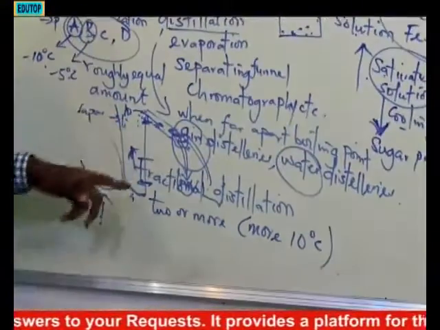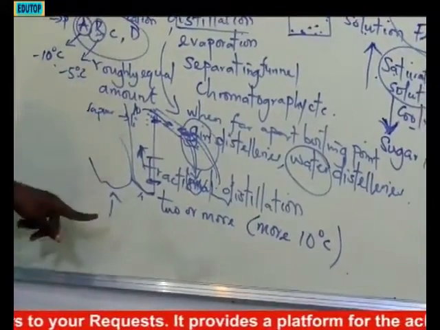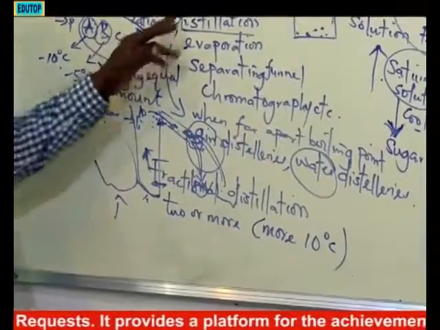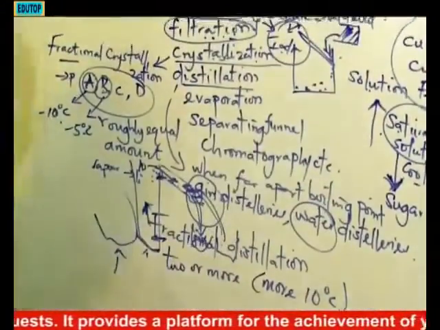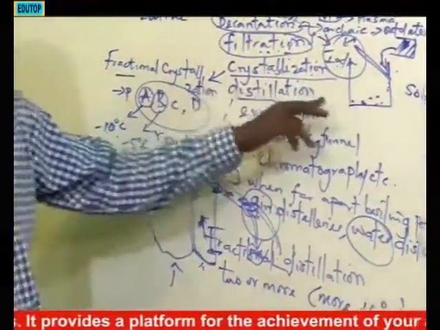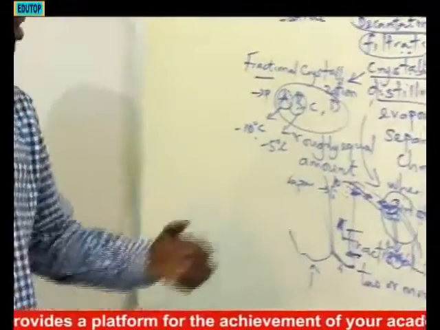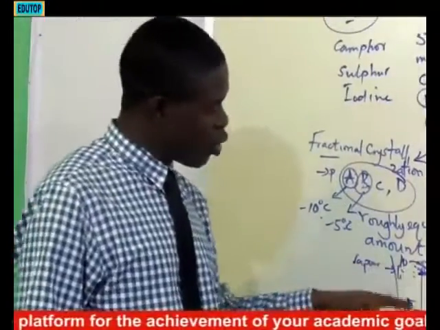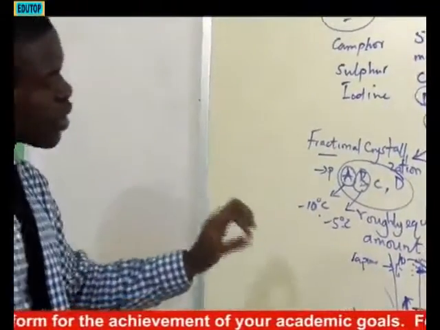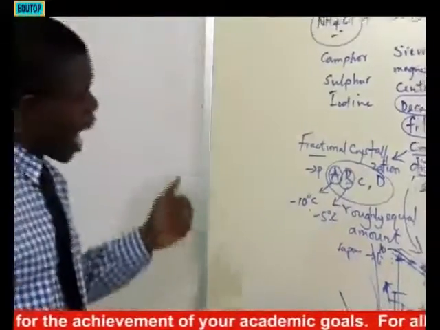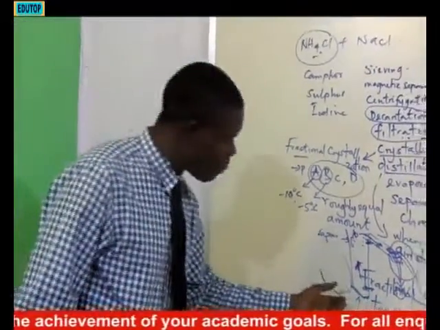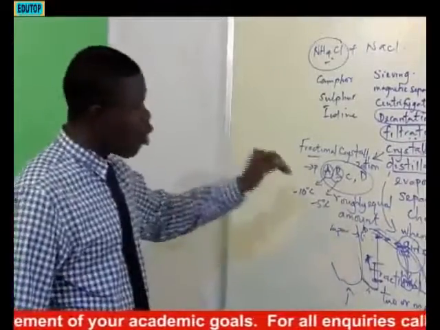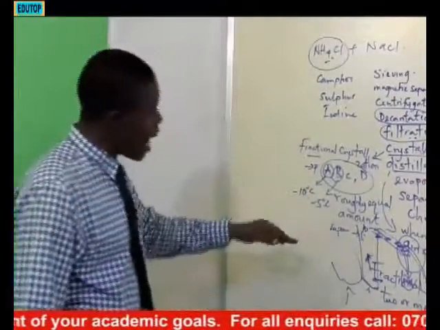It has been stated here that one of the major differences is that this one separates two or more components, but this one can only be used to recover solvents from solution, and it is used in the making of gin and water. Also, in the case of fractional distillation, there is what? Introduction of a fractionating column, which does the actual separation. How does it do the actual separation? The upper part of that fractionating column has a lower boiling point, while the lower part